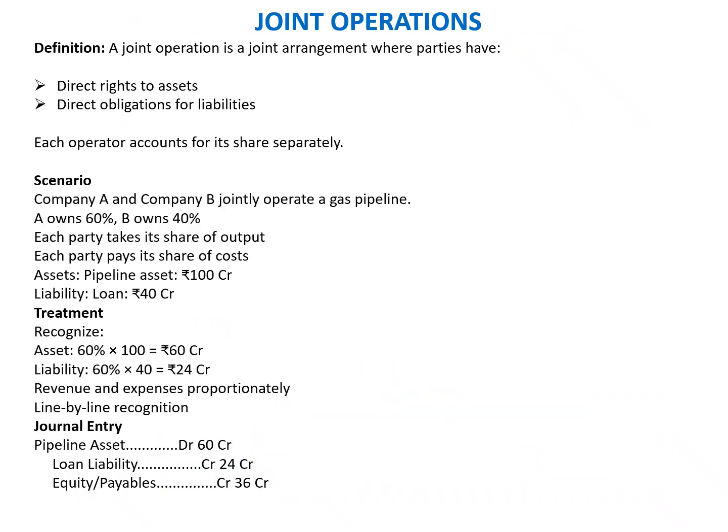When we talk about joint operations, the definition is that a joint operation is a joint arrangement where parties have direct rights to the assets and direct obligations for the liabilities. Each operator accounts for his share separately. Which means that if both parties have direct rights to the assets and the liabilities separately as a separate line item in the assets and liabilities with respect to that particular joint arrangement,